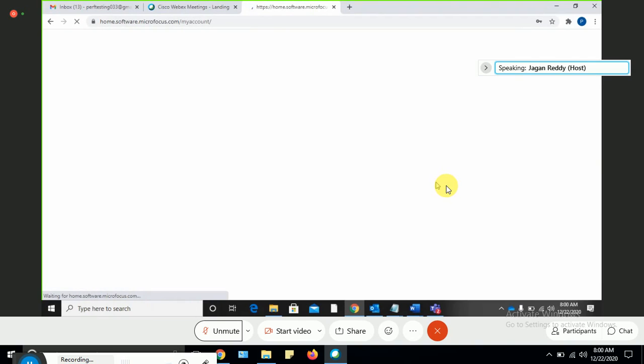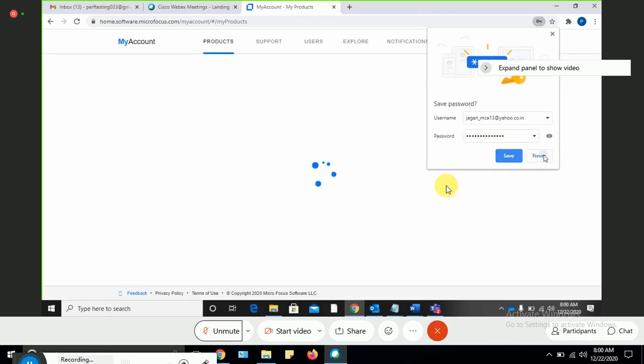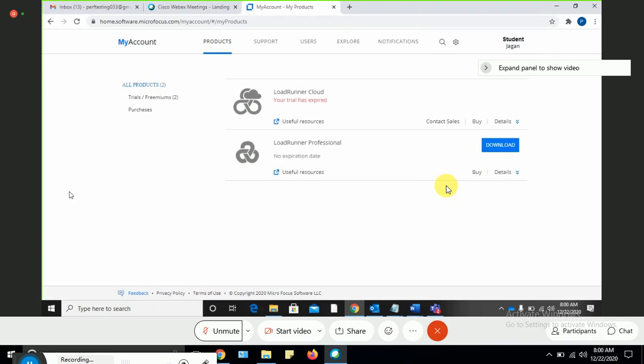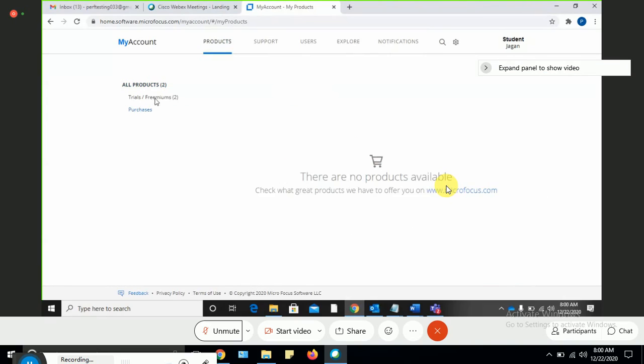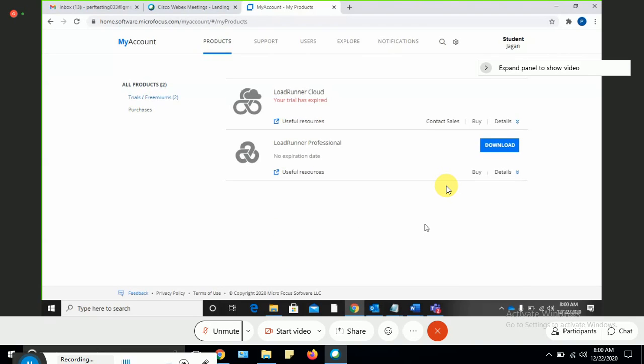Now if you see my account, you can see LoadRunner Cloud or LoadRunner Professional. So I can share my credentials with you guys. What you can do is go to LoadRunner Professional and click on download. Then the LoadRunner software will be downloaded,